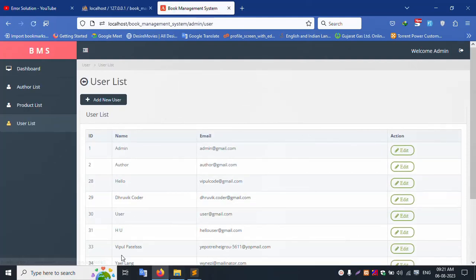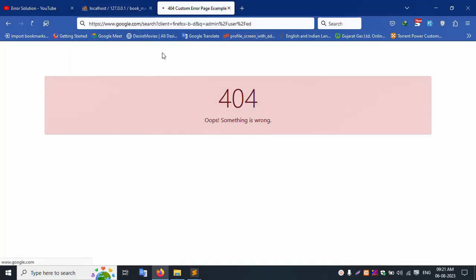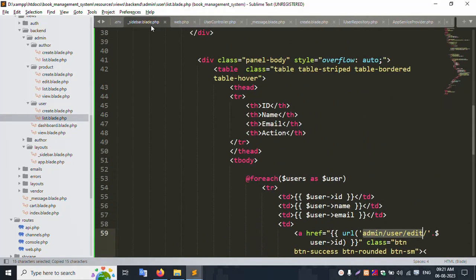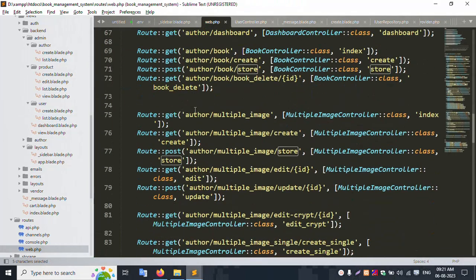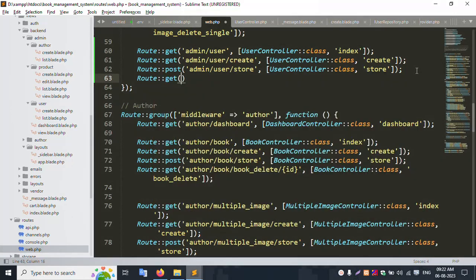Click this, the value is available, and the values 1, 2 show, successfully set. Let's click this available 40. Copy this URL, copy this URL and open the web PHP file. Add a route with the get method and pass $id, and the user controller. Copy this user controller